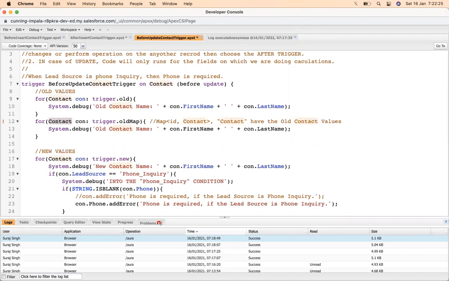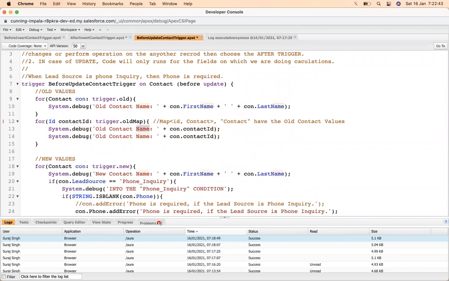Here it should be ID and contact. And if you want to get the name, since this is a map, it will behave as a map. So if you do get on the basis of key, it will give the values.